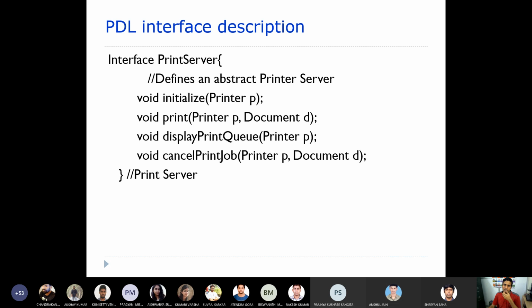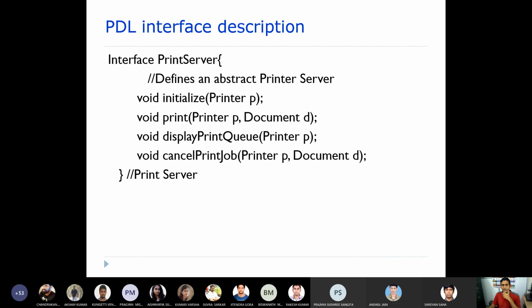Let's say there is a printer server. First, whenever you give a printer, it gets initialized, that means the printer will be started. Then you give the printer name as well as the document to that print function. Then that particular printer is going to print a document D.